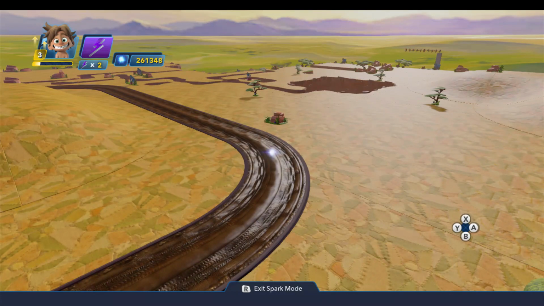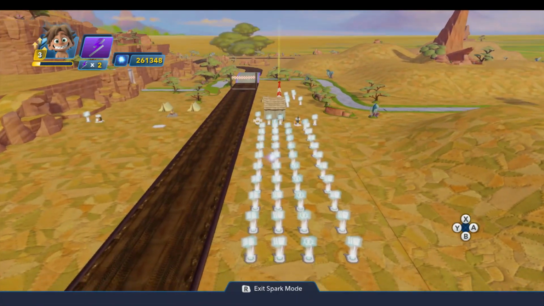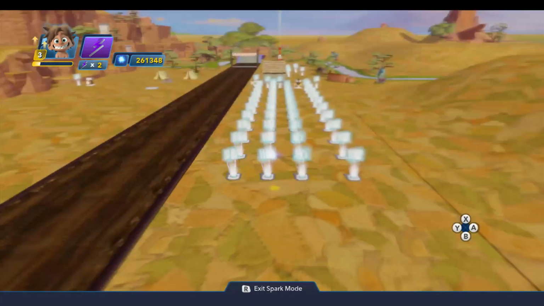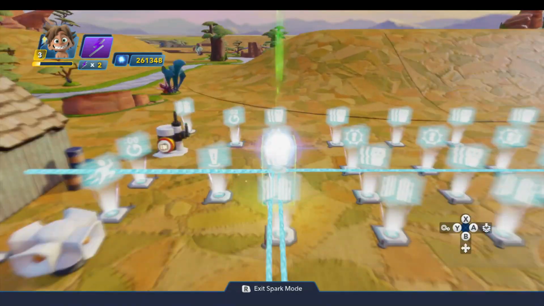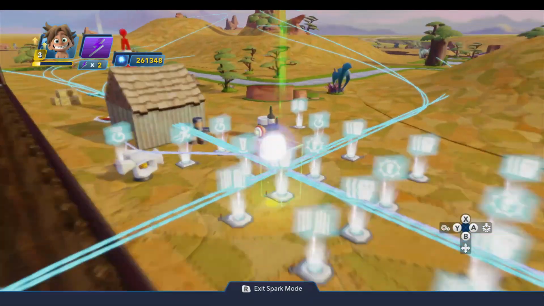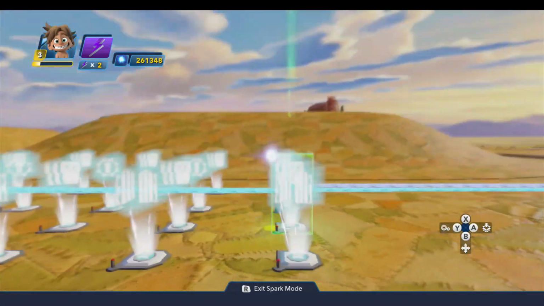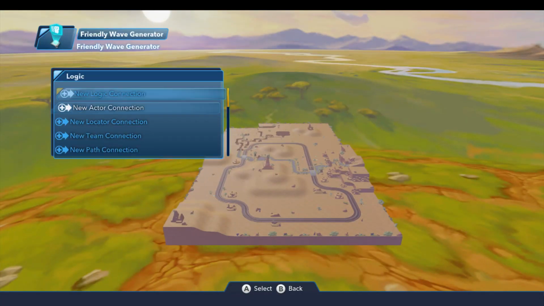Okay, so now what you're going to do once you have your locators down is you're going to connect up each of these friendly wave generators to about 10 to 15 of those locators. I've got 40 of them down, but you'll notice as I mouse over this, there's a lot of lag. Let's go to one of these earlier ones that I did. So you can see when I connect, there's a lot of connections. So whenever you try to select this or select that, if you notice there's a little bit of lag that shows up there. The more connections you add, the more of those lines the game has to render and the greater the lag. So again, you want to limit your connections to about